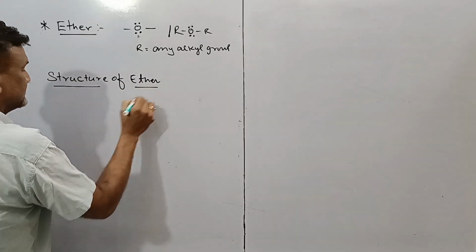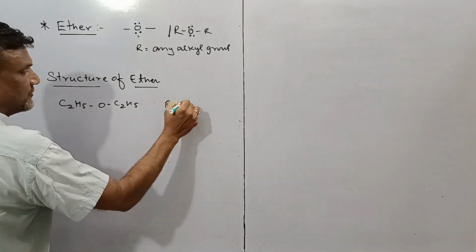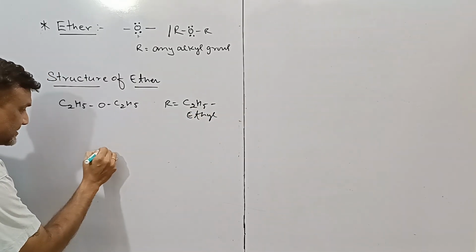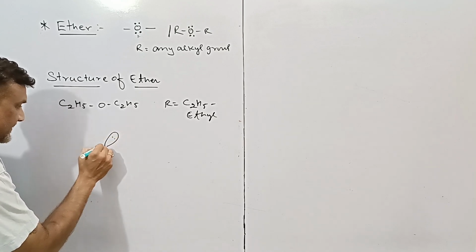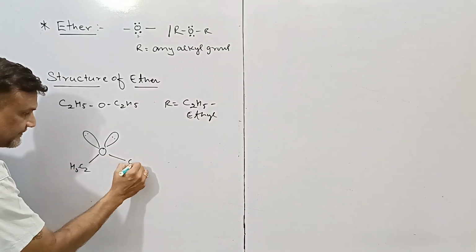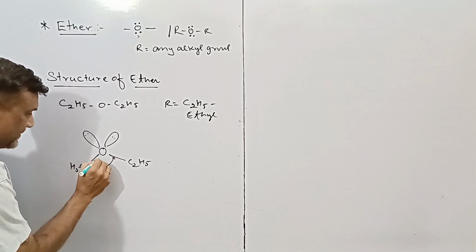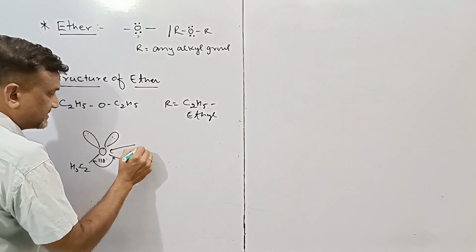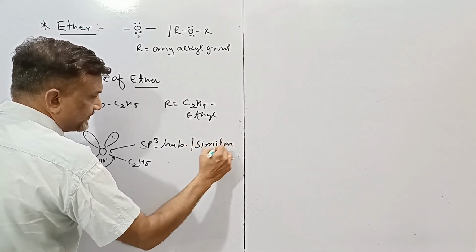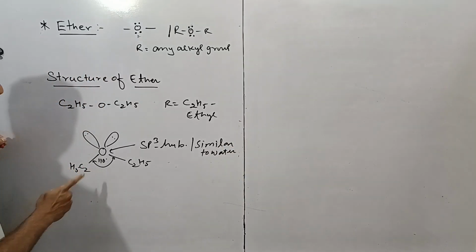For this we can take an example, C2H5OC2H5, where R is C2H5, an ethyl group. If we go with the structure of ether, then in ether the oxygen atom is in sp3 hybridization state with a bond angle of 110 degrees. This is the sp3 hybridization state, similar to water,